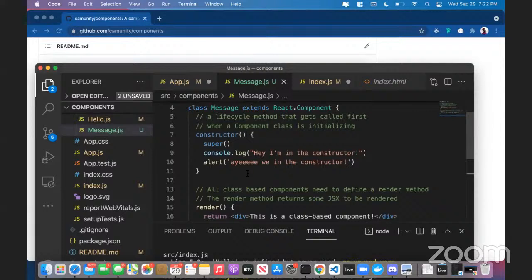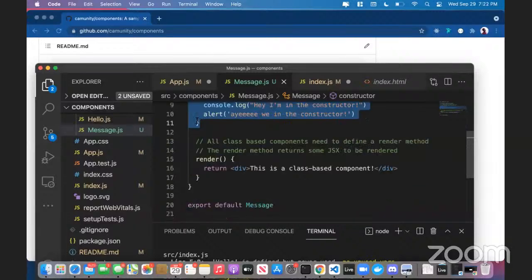The big thing that makes a class-based component worthwhile is the fact that it has these different methods that are already a part of it, because it's a class, and also a class that's extending from the React component base class. One of those functions that we talked about last session was the constructor. The constructor you could think of like you would normally think of in any other kind of object-oriented programming environment. It is the first function that this class is going to call when it's eventually being rendered onto our browser. So when this class is actually being created, the first function it calls is this constructor, and then eventually it calls